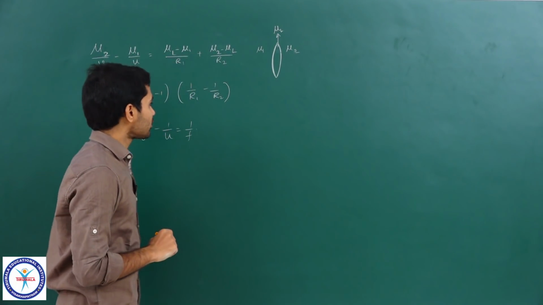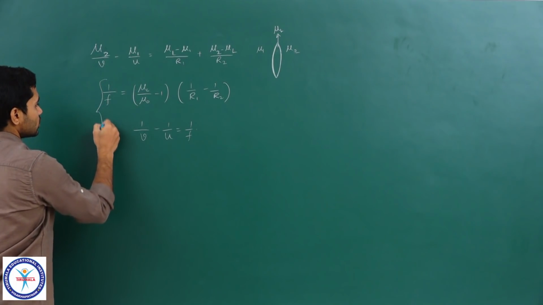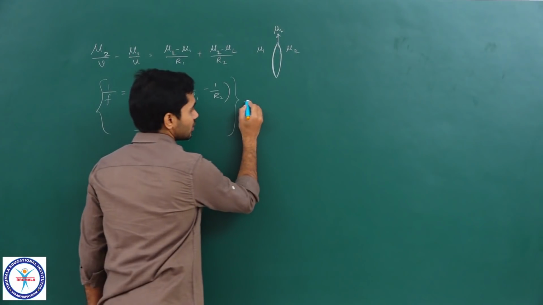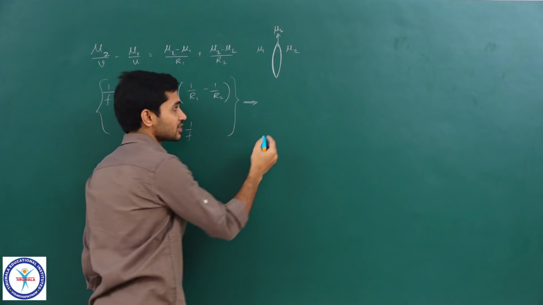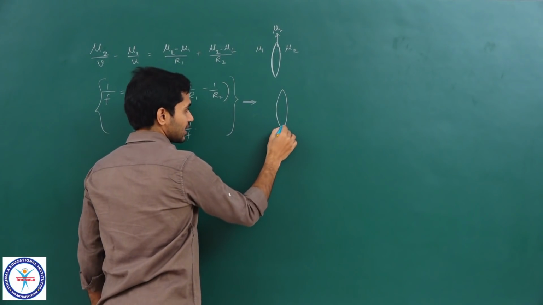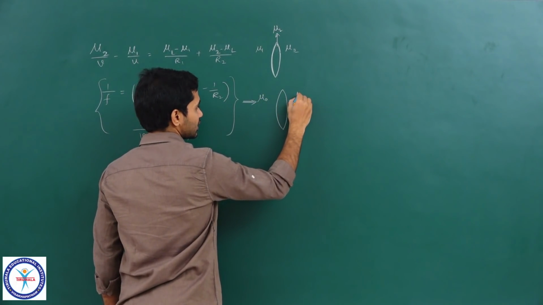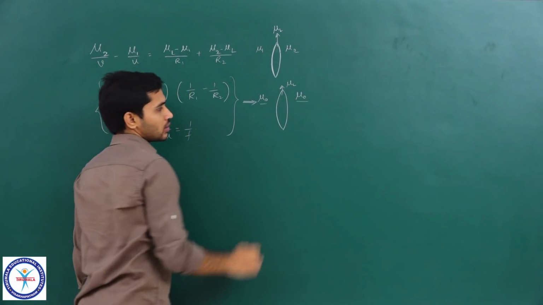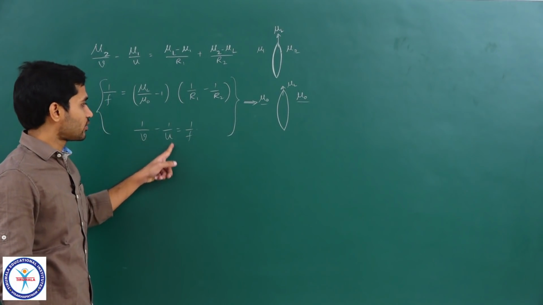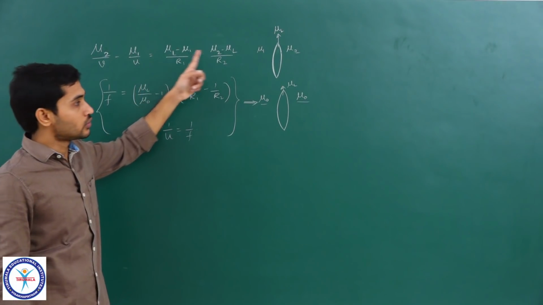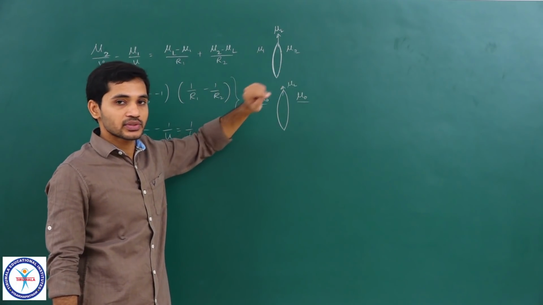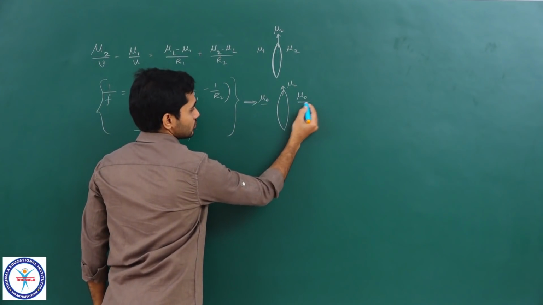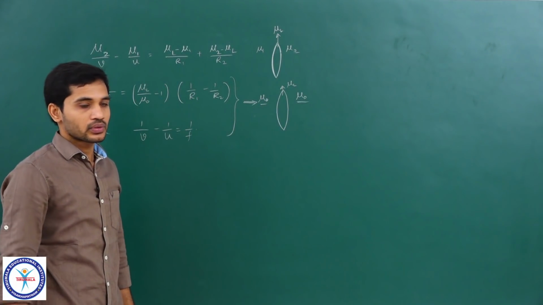Now, there is one important thing which you will have to keep in mind. These two expressions which we have derived are valid under some assumptions, which is that the lens has the same medium on both sides. On both sides we have mu naught and the lens is mu L, correct. Only under that assumption we have derived these two, whereas this is a general formula. So, one side is mu 1 and the other side is mu 2, clear. But these two expressions are valid when this is the scenario, clear students.